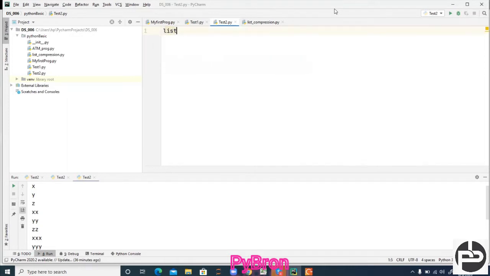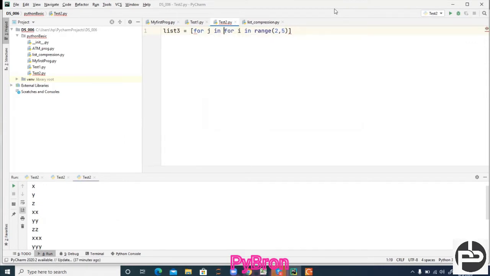I'm going to define list 3 with a square bracket, for i in range 2 comma 5, that is 2 to 5, and then for j in.